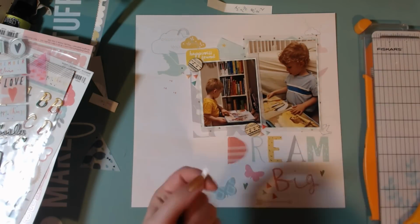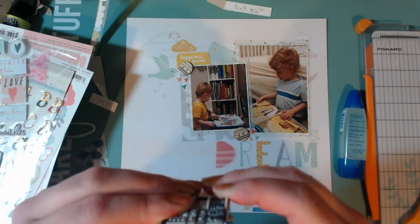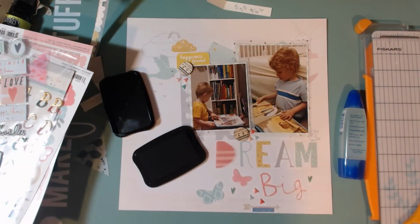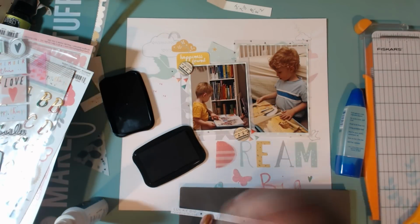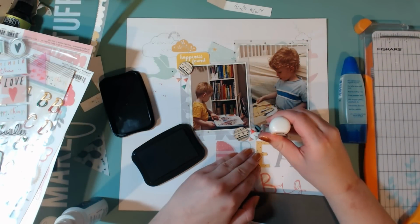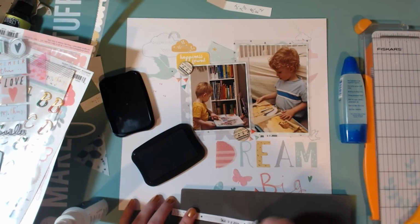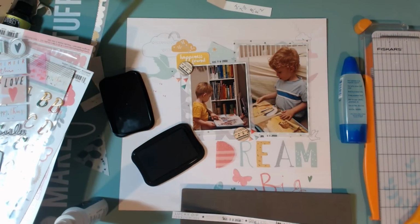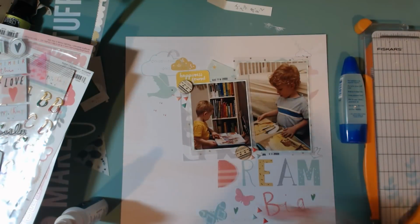Let's see. Oh, I did have this little cut apart that I'm going to glue down there, and I did place that arrow down there on the bottom. And I do have more photos from these 2 days. And so what I'm going to do is have this layout be on one side and then have a Project Life spread on the other side, and do all of my journaling on the Project Life page. And that's how I do a lot of my scrapbooking these days. So I did say that these 2 pictures were taken on 2 different dates. So I used my Project Life little rotary date stamp to record the days,